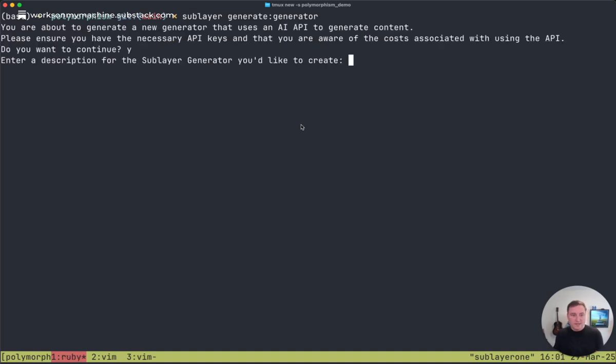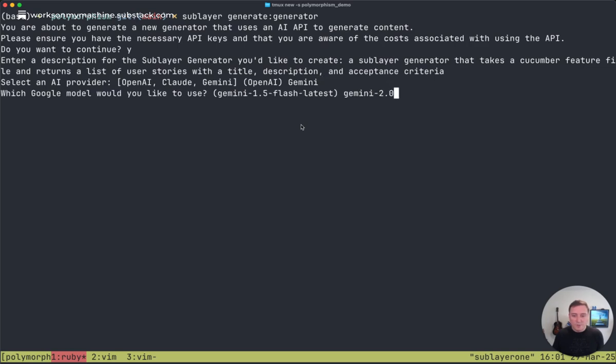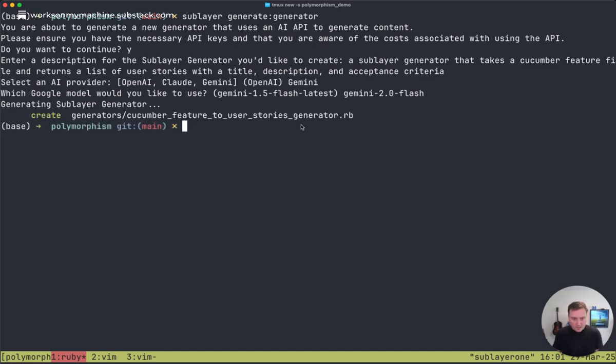And then let's say a sublayer generator that takes a cucumber feature file and returns a list of user stories with a title, description, and acceptance criteria. We'll choose Gemini and Gemini 2.0 Flash. Going to generate the generator, and you can see here